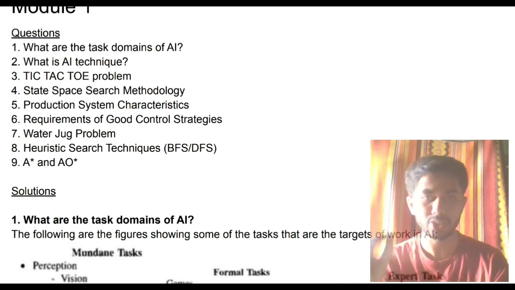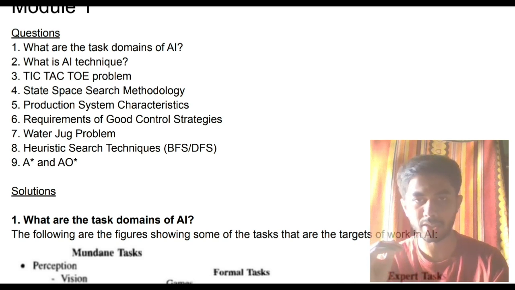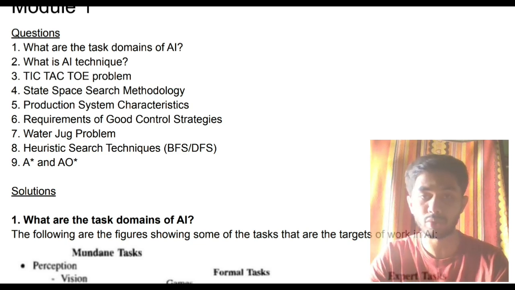This is the same mindset you need to have while attempting to write the exam as well. Don't worry if it is right or not, just write it. If you feel it is right, keep it. If it's not right, modify it, make it right. That's all. That's the mindset you need to have to score maximum marks.